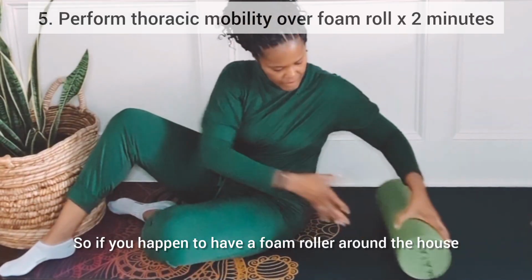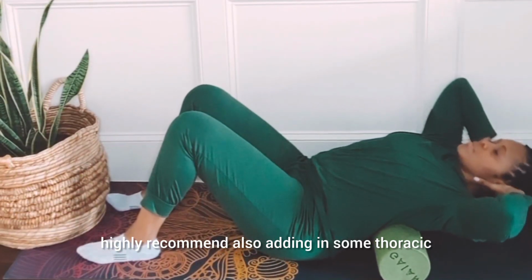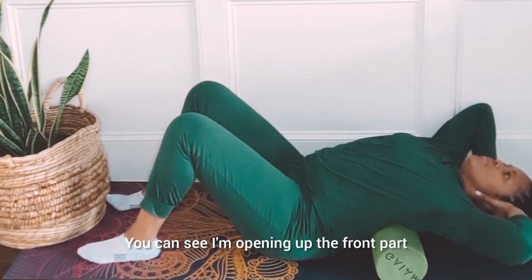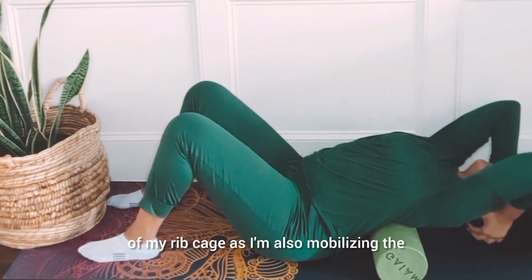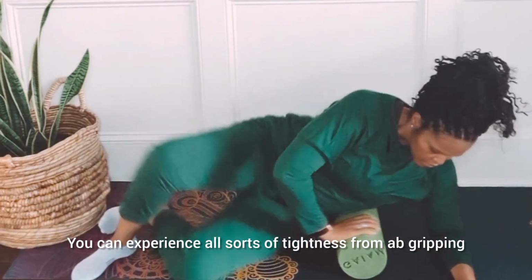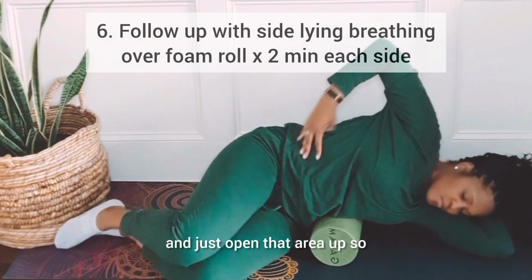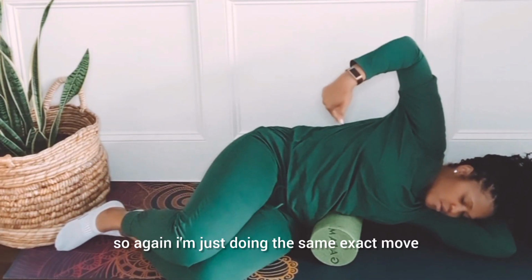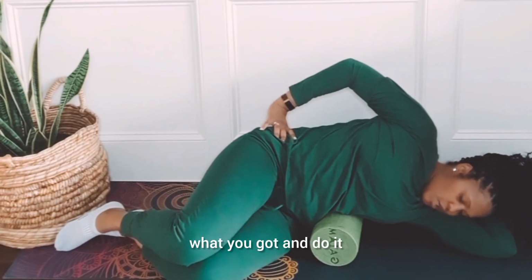If you happen to have a foam roller around the house, I highly recommend also adding in some thoracic mobilization just to get that spine moving. You can see I'm opening up the front part of my rib cage as I'm also mobilizing the back part of my rib cage. You can experience all sorts of tightness from ab gripping, so we want to get all of it and open that area up so that you can find yourself gripping less. So again, I'm just doing the same exact move that I did with the pillow, but using the foam roll, so use what you got and do